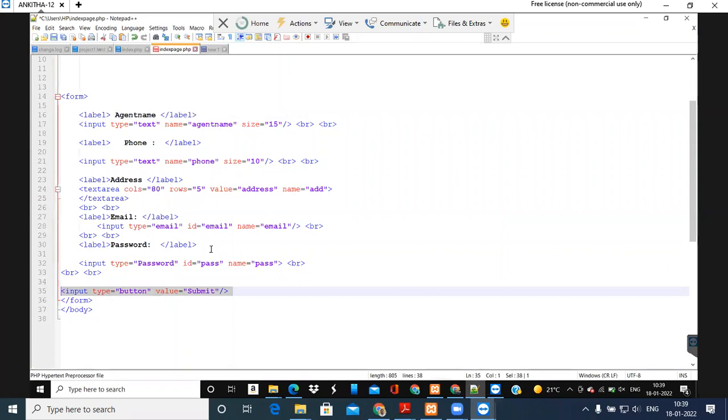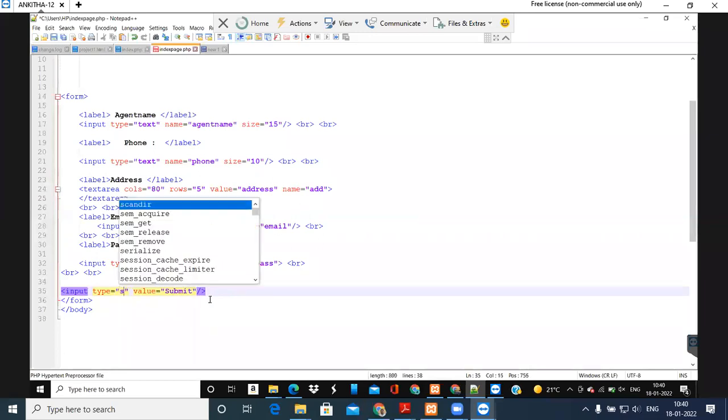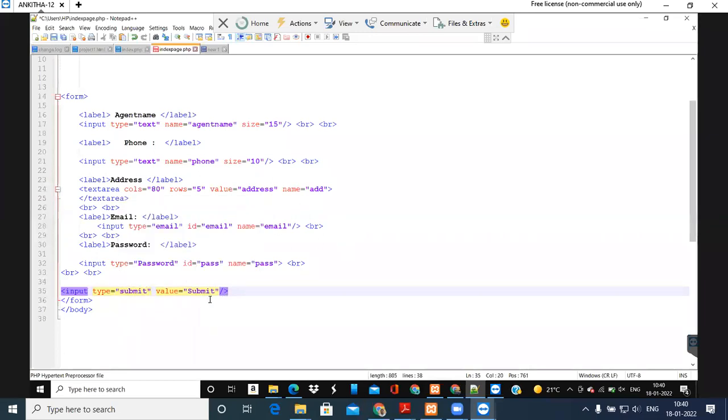So how can we send? We can send through PHP. Without PHP you can use different server side scripting languages, but here we are using PHP. So now we have to write the code for PHP. If you want to send that data to your PHP, we can send it only through this submit button. For this one you don't take a button, you take input type submit. If you just take button, it will create just a button, and this button will not transfer your data. If you want to transfer the data to your server, then you need to create an input type submit button. So don't take input type button.